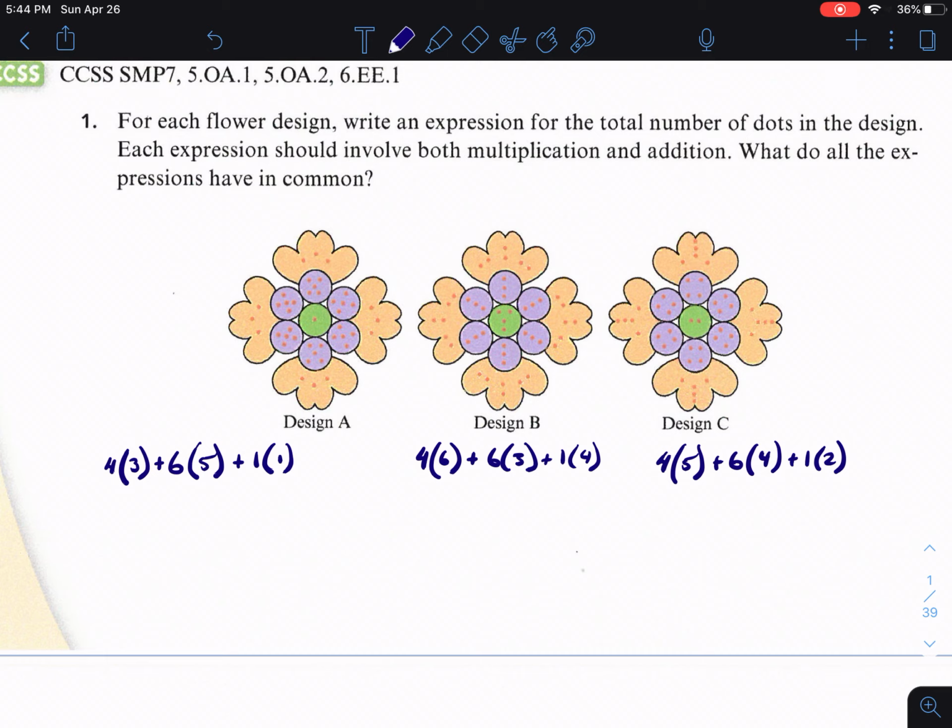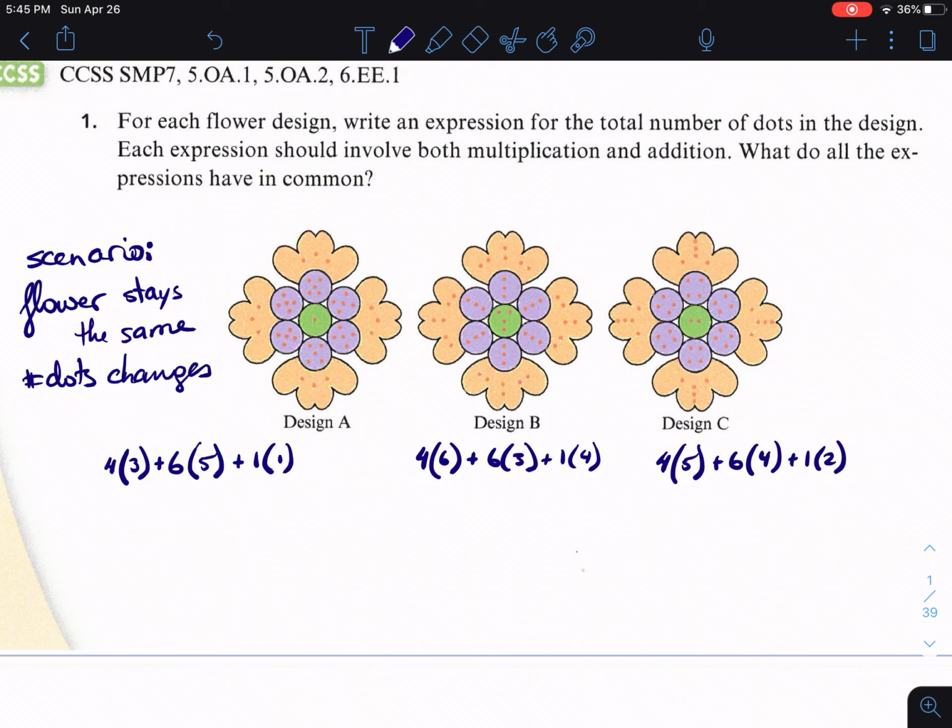So we can say that in this scenario, the flower stays the same, and the number of dots changes. Okay, so by identifying what stays the same and what changes,